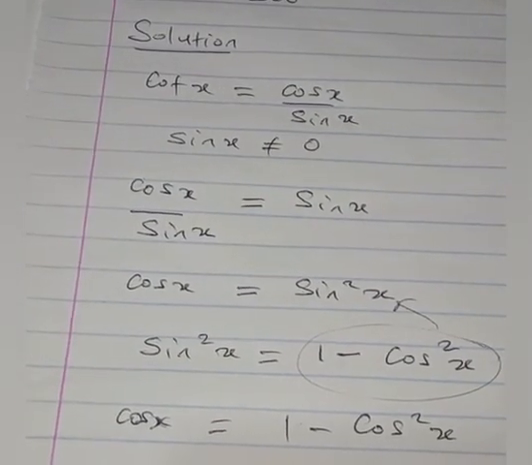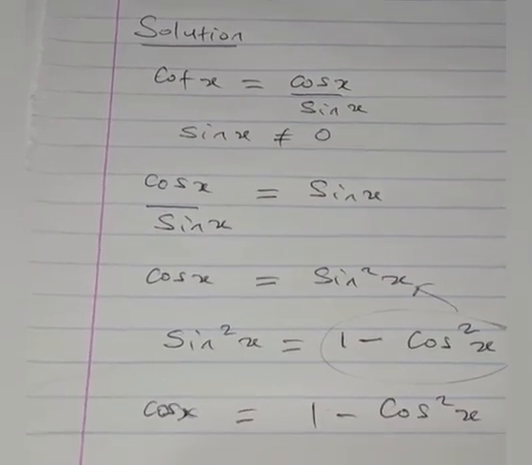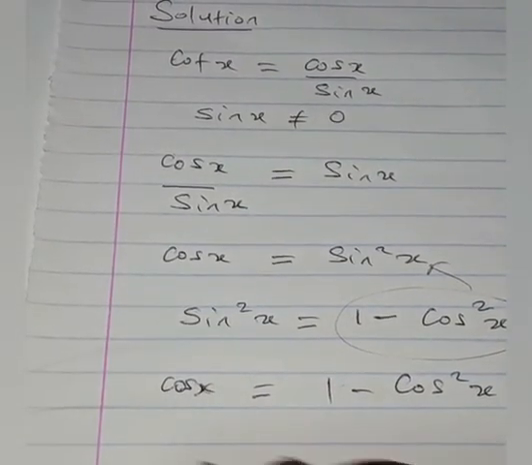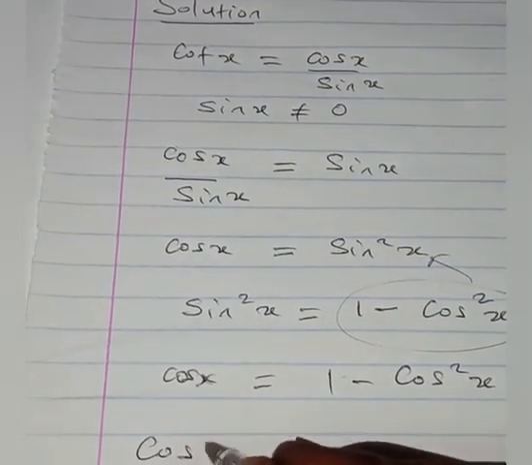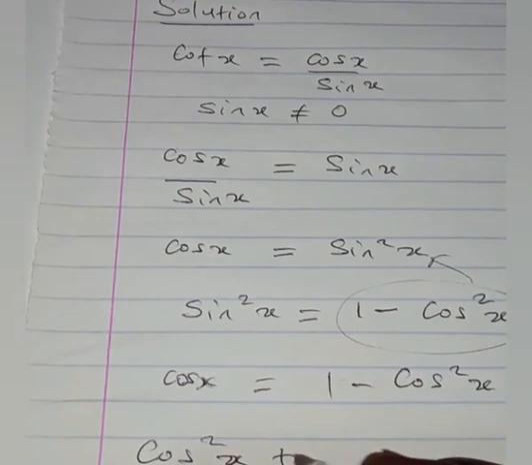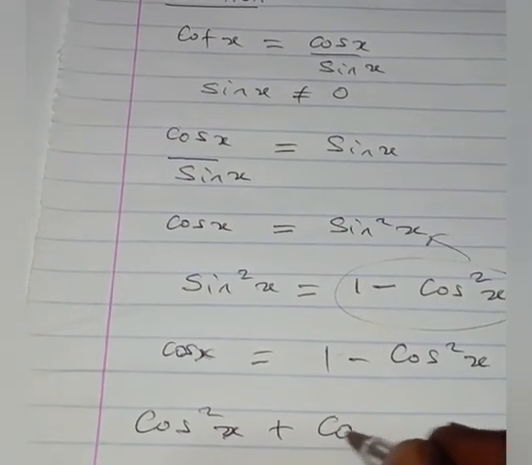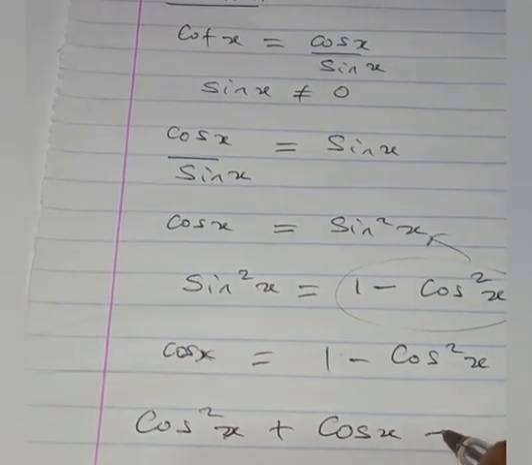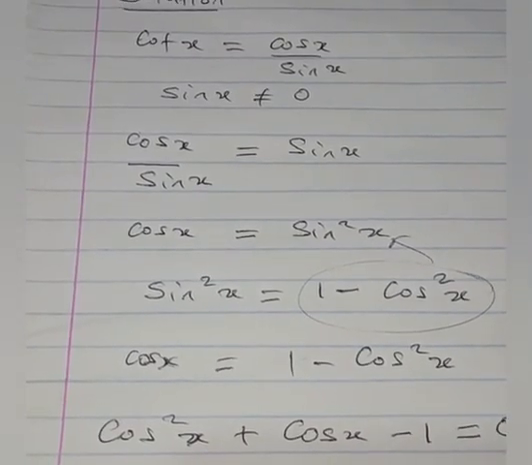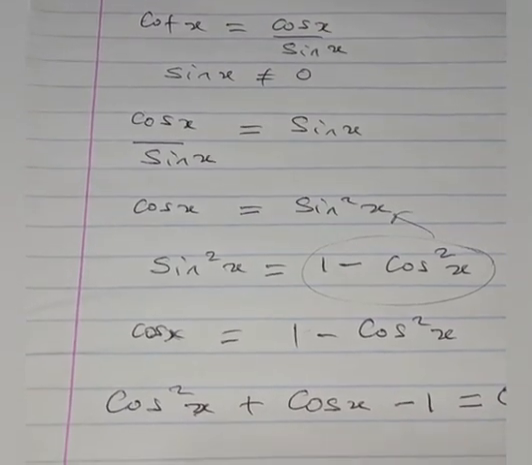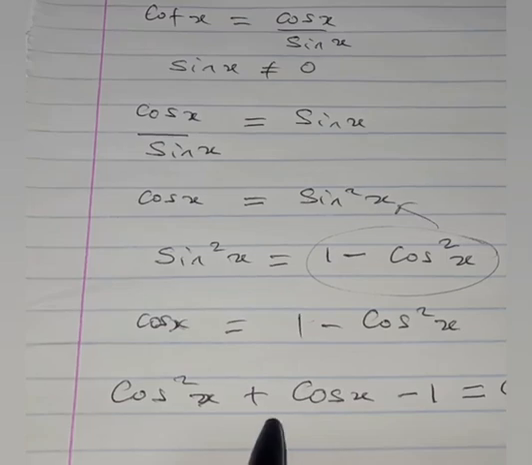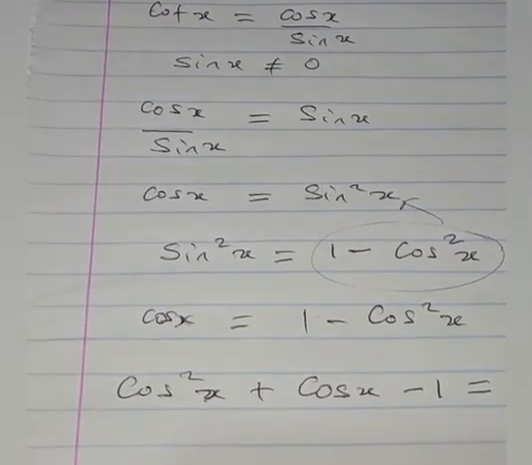That's fine now because the equation is all in terms of cos x, so it's very easy for us to solve. Now, rewriting this equation, we have cos squared x plus cos x minus 1, and that gives us a 0. Okay, now you cannot factorize this by inspection. So the best way to go is to use the quadratic formula. And that's going to give us